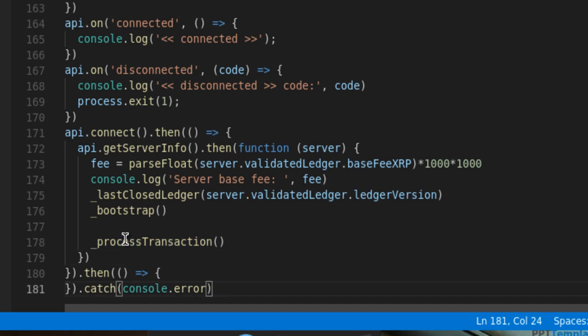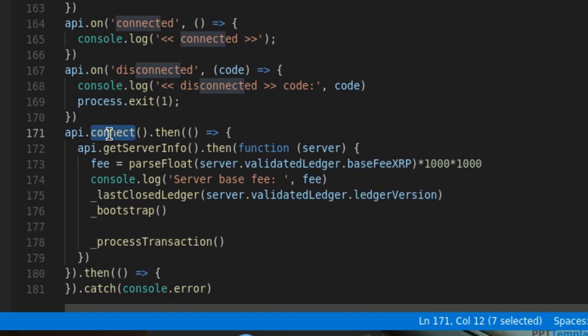So the flow of this program, or this demo, is like this: initially it will parse the parameters, set the wallet and set the parameters to various variables, and after that it will connect to the ledger, to the node.